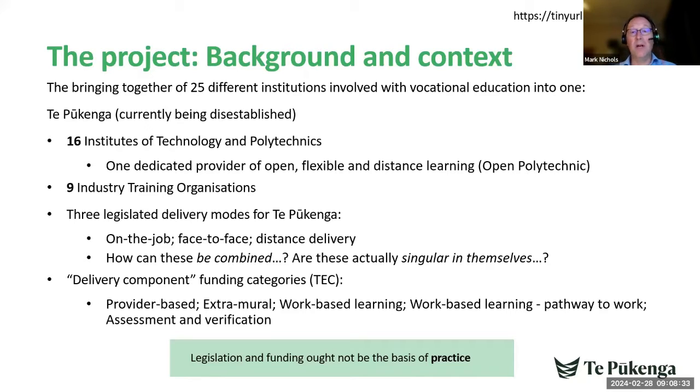Now, this network's required by legislation to bring together on the job, face to face, and distance delivery options for vocational education across all regions of New Zealand. Now, I need to point out that Te Pūkenga is now being disestablished, but that's not really important for the integrity of the presentation or the importance of this work. The point is that all of this bringing together of different institutions focused attention on how a single network of provision might operate that brings together very different models of teaching and learning. It also got us wondering about what other modes of teaching and learning might be out there, which other ones might exist, that perhaps combine or even stretch these 3 models in different directions.